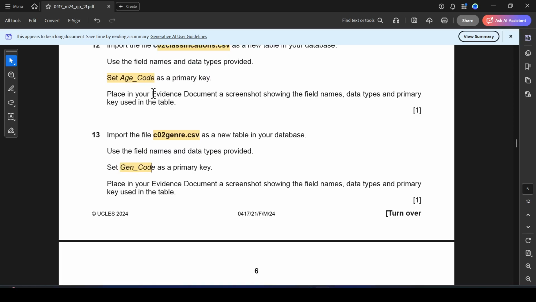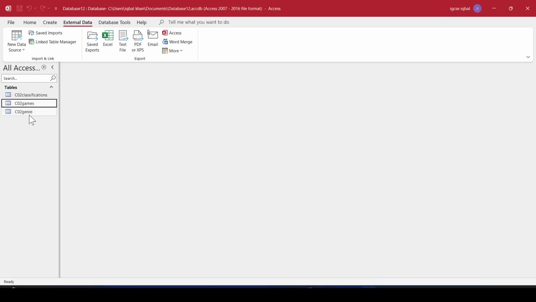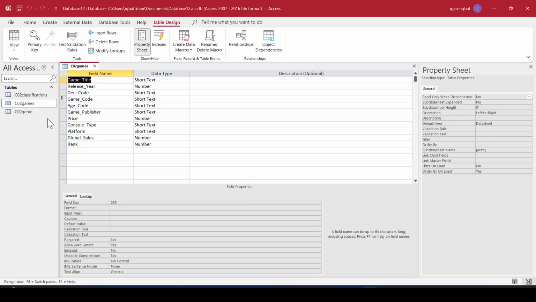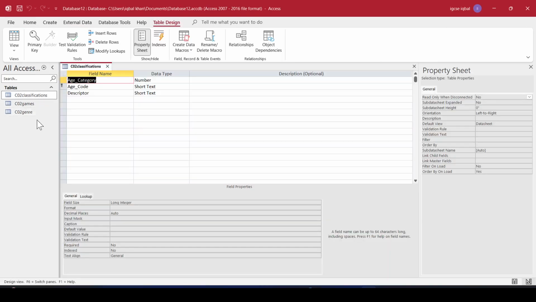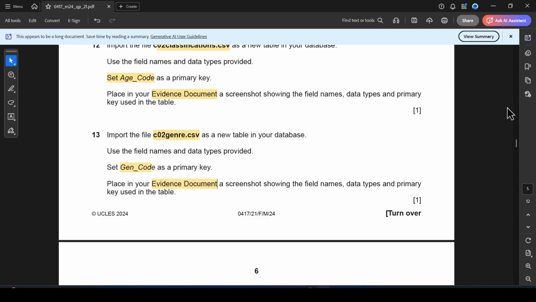So students, in every question, in every table, they ask us to take an evidence file showing the data types. So as I told you, right click, design view, take a screenshot and paste it in your evidence file. Classification, right click, design view, take a screenshot and paste it in your evidence file. Done. Next,